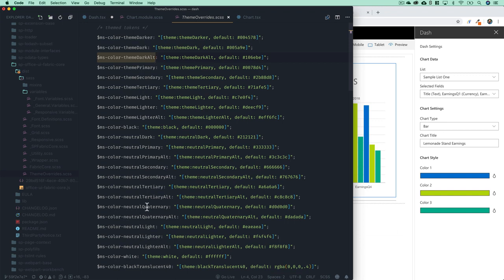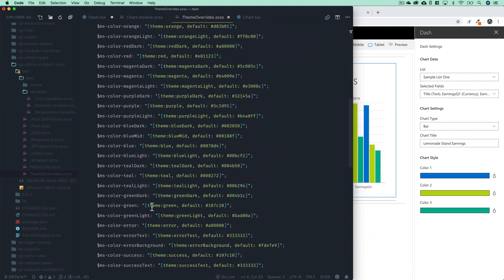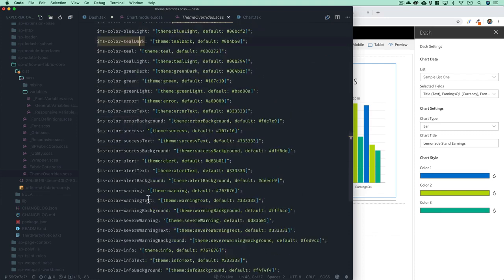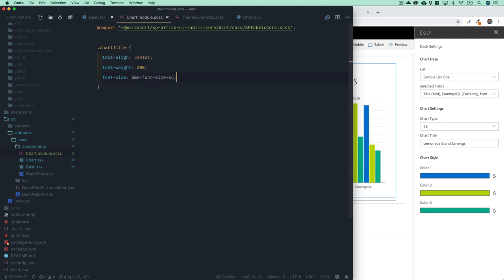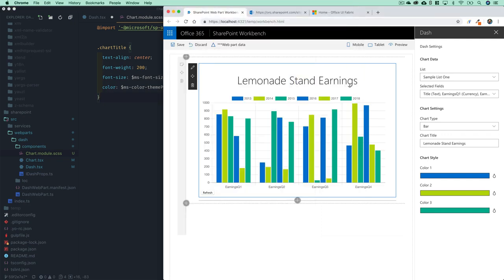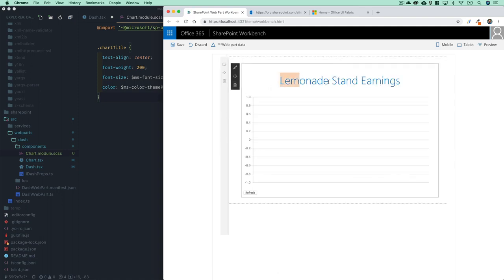This is the same thing that you saw on the Office UI Fabric website. You'll notice as we scroll down here, we have all of our accent colors, all of our theme colors. Just as an example, we could say, I want to use the MS Color theme primary variable as the color of our chart title. So let's go ahead and copy this variable, and we'll simply add color using that variable to our chart title class. And as our local workbench refreshes, you'll see the title of our web part actually update